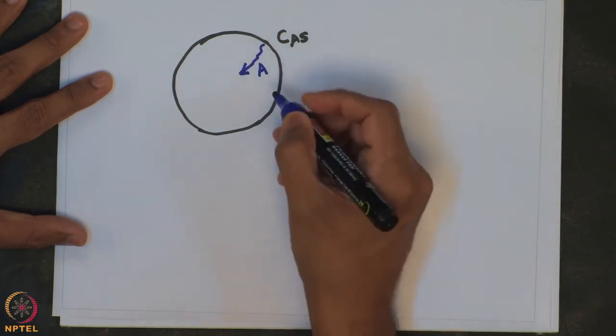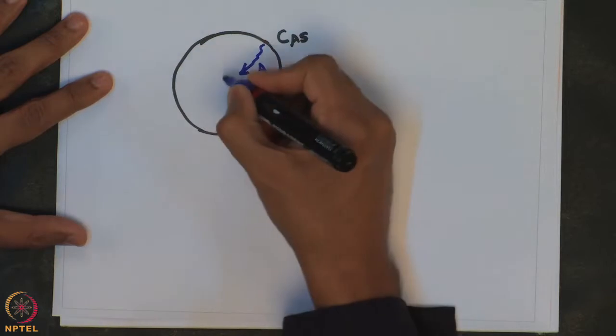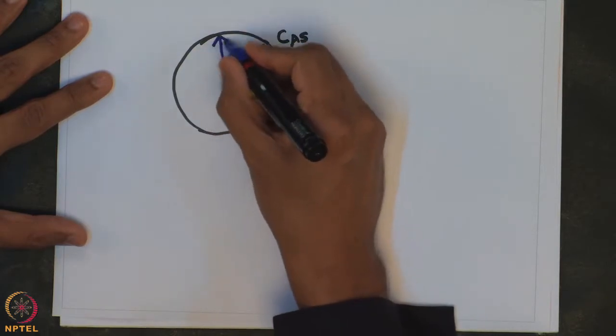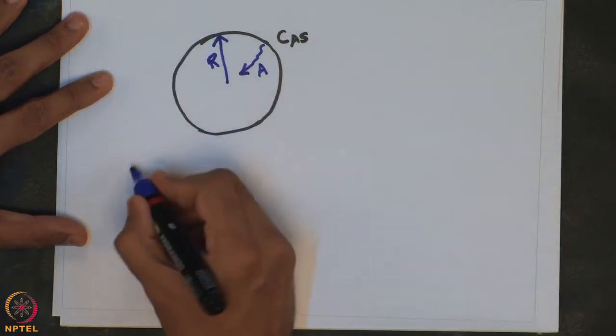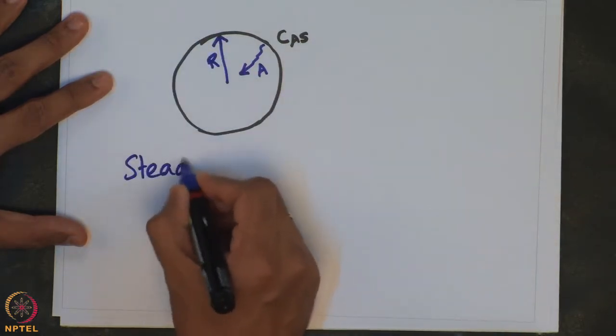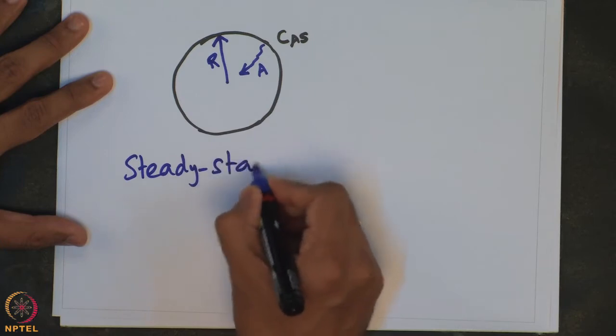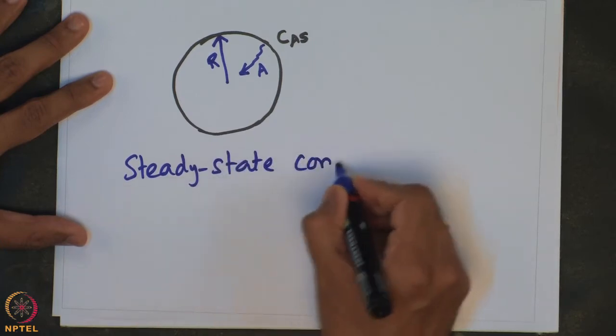Now, if we assume that the radius of the pellet is capital R, and let us assume steady state. If we assume that the process is happening under steady state conditions,